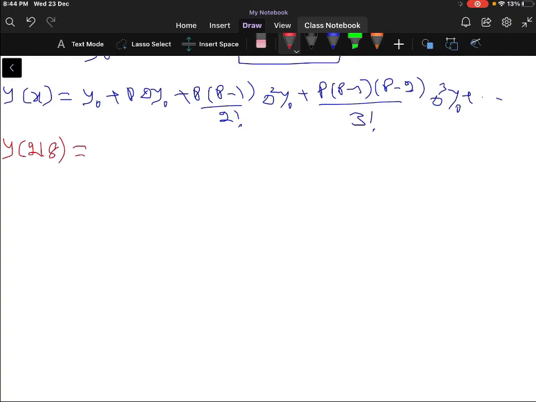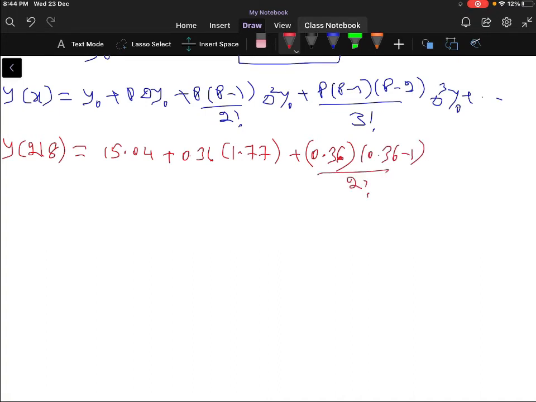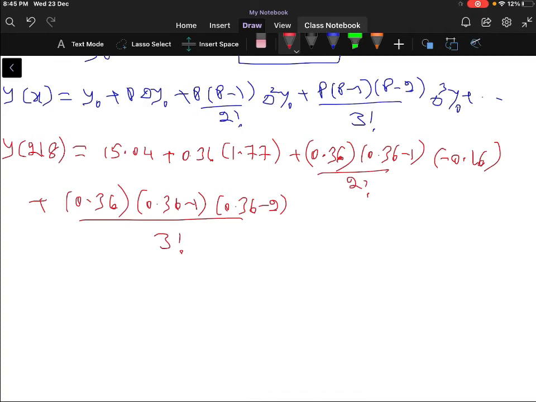So y at x equal to 218 is 15.04 plus p is 0.36 into delta y naught is 1.77, plus 0.36 into 0.36 minus 1 by 2 factorial into delta square y naught is minus 0.16, plus p is 0.36 into 0.36 minus 1 into 0.36 minus 2 by 3 factorial into delta cube y naught is 0.03,